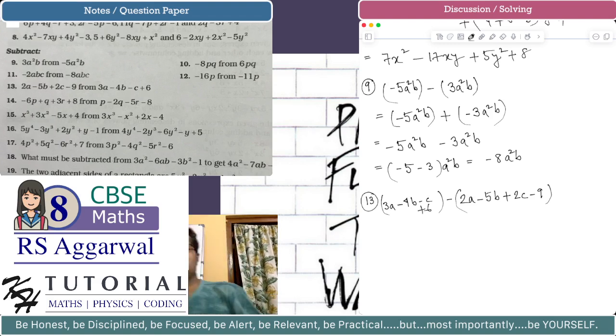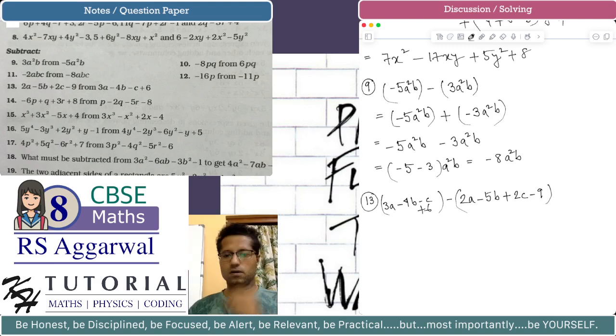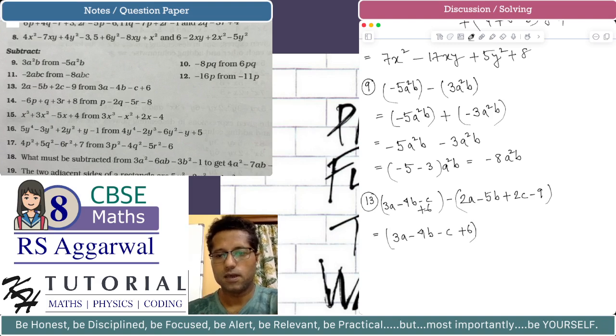So this is equal to 3a minus 4b minus c plus 6, and